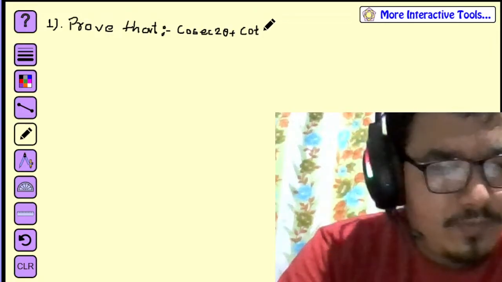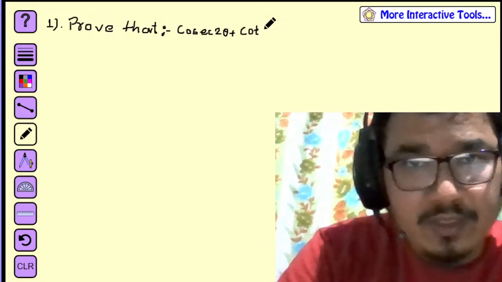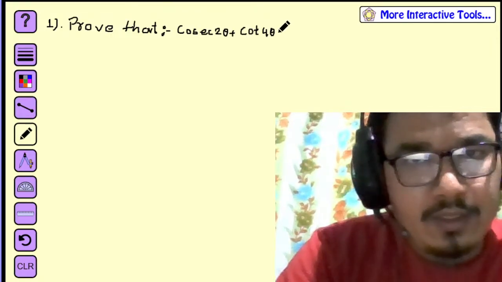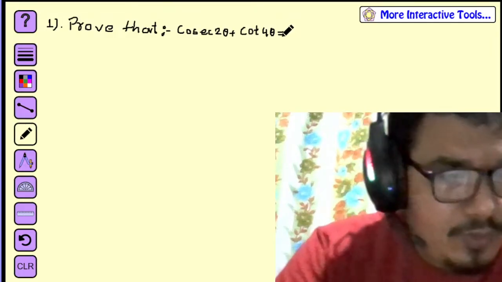Cosec 2θ plus cot 4θ is given there, right? And in the right hand side that is given to prove